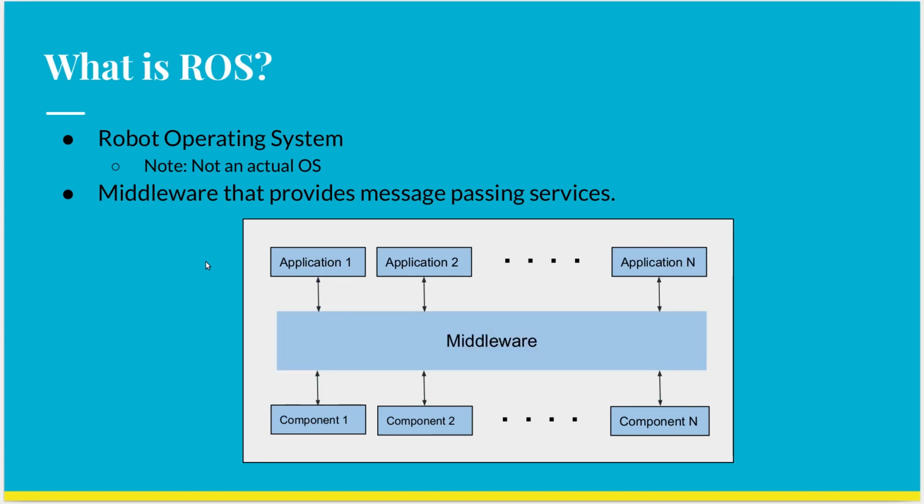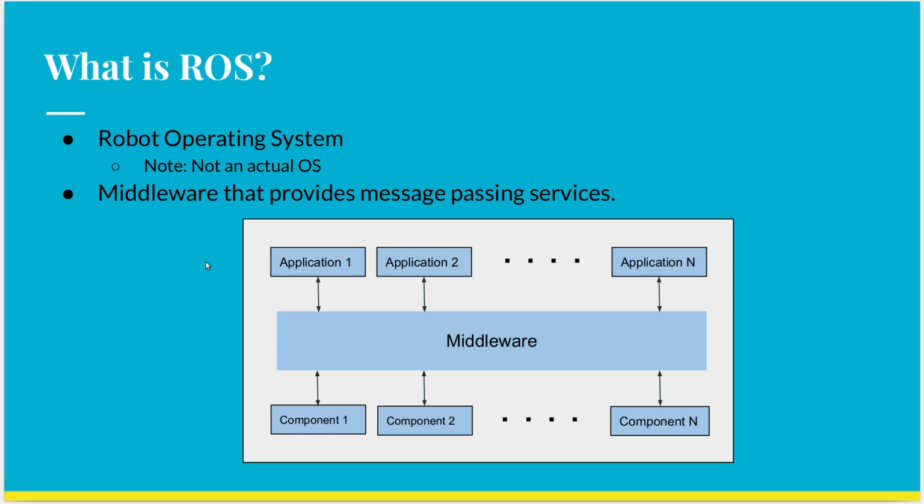The function of a middleware is to sit between the applications and the components and provide a way for the application to send or receive data from the components. The advantage of having such a middleware is that the application need not worry about what type of components are used. So for example, if you change the type of the camera you are using, the middleware will handle all the associated software changes and provide the image in the required format to the application. The middleware also handles situations where two different applications need access to the same component's data. So in short, a middleware acts like a bridge between applications and components.